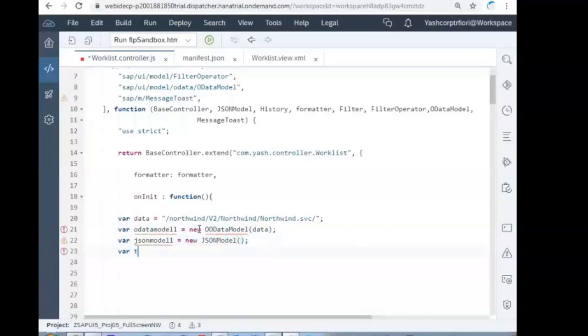Next, oData model 1 dot read the entity set.